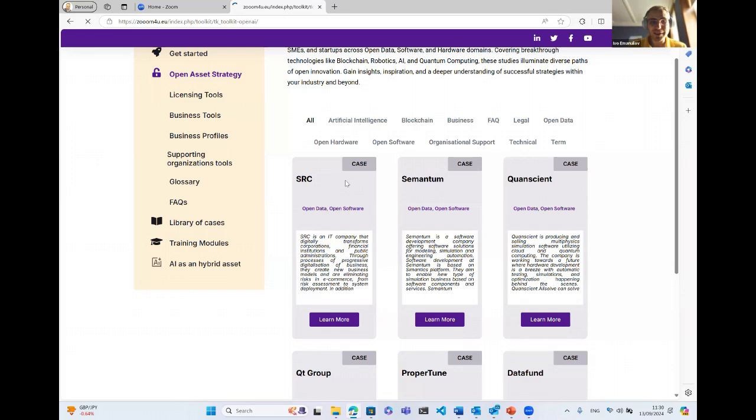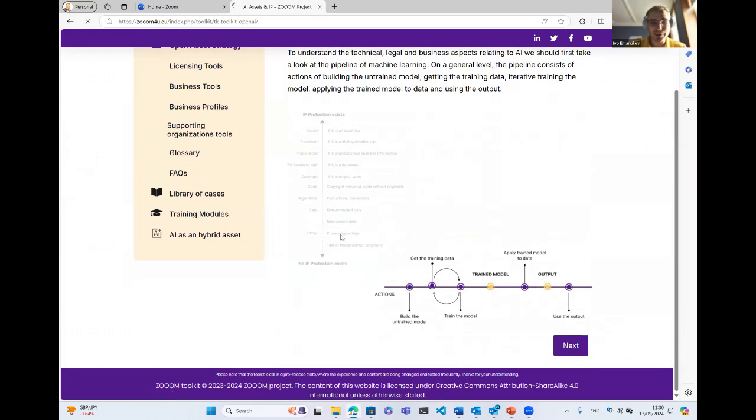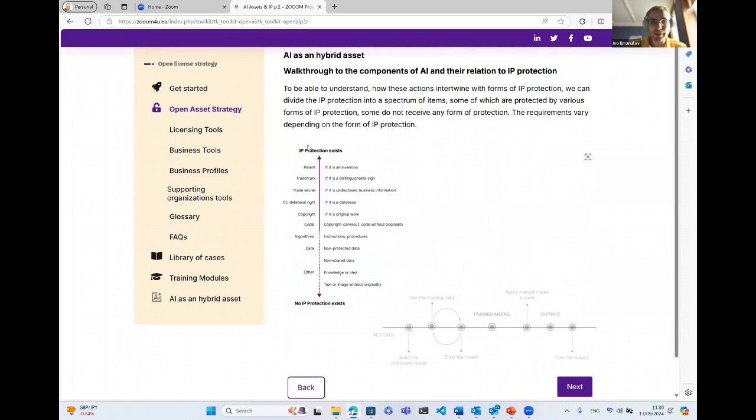And then just a glimpse into AI as a hybrid asset. So this is what it looks like. It's, again, like an interactive map that takes you from, first of all, we display, for example, the spectrum of IP protection, where IP protection exists and where it doesn't, as you move along. So the strongest monopoly given by patents, and basically the lack of any protection in text or image that does not meet the originality criterion that we have for copyright, for instance. So your product and service will probably move along this spectrum, and you will find different elements of it fitting different